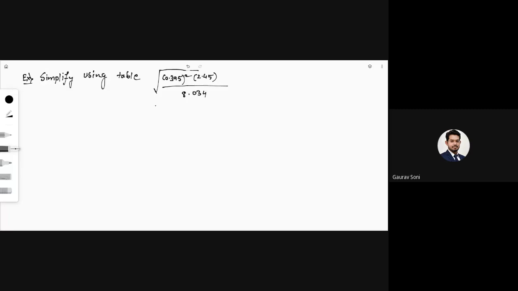Okay, so I'll call this x. x is equal to the square root of 0.395 squared times 2.45 upon 8.034. Taking log,